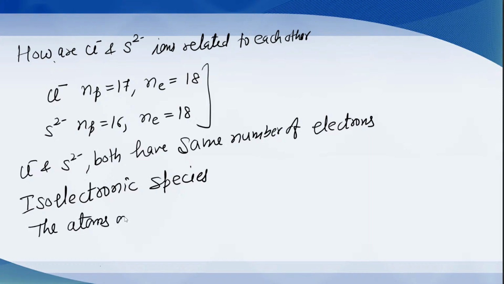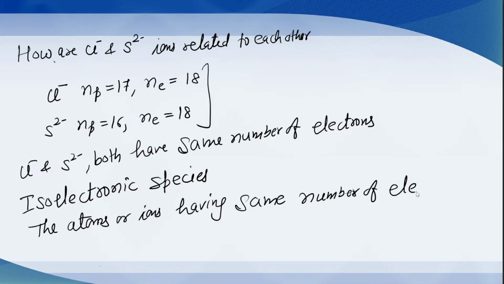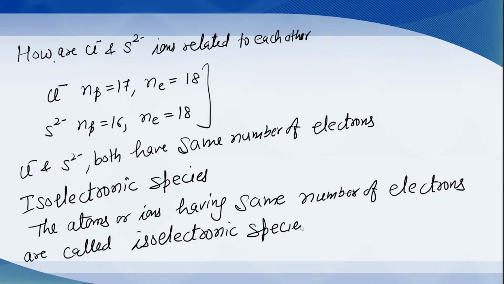So what are isoelectronic species? The atoms or ions having the same number of electrons are called isoelectronic species. For example, if we have N3 negative, it has 10 electrons, 7 plus 3,